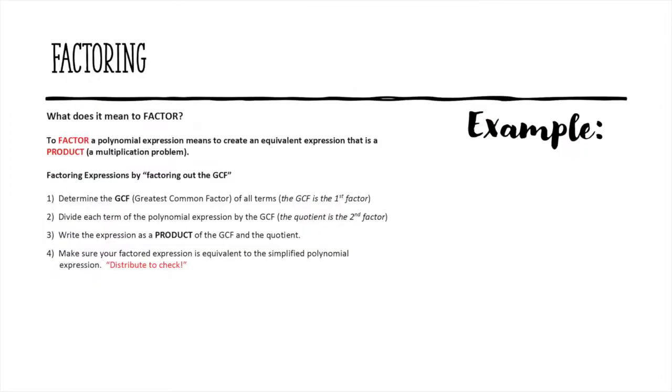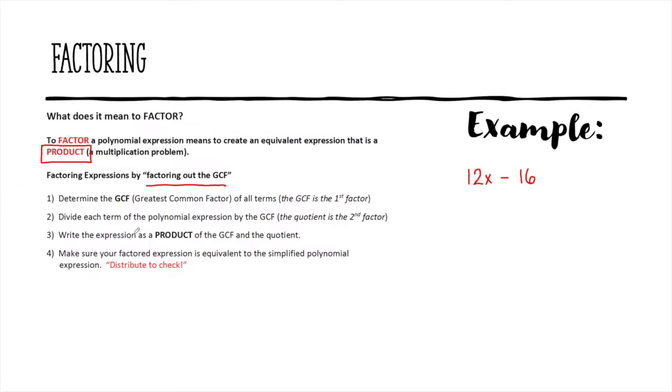So first let's talk about what it means to factor. I think the best way to do this is to use an example to show us. So let's say we have something like the following: 12x minus 16. I think we'd all agree that if we were naming this as a polynomial, we would say it is a binomial. And if the question says to factor using the GCF, because right now that's the only method we're talking about today, then what they mean is they want us to write the expression as a product. Okay? And there's a question about this on the check-in. We're writing it as a product.